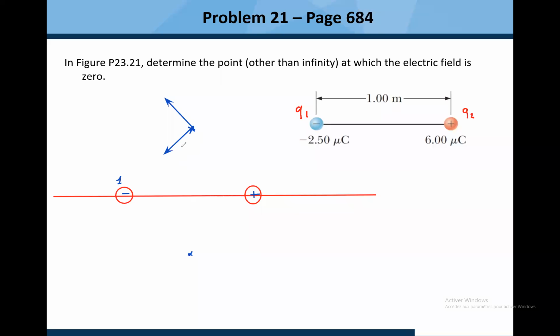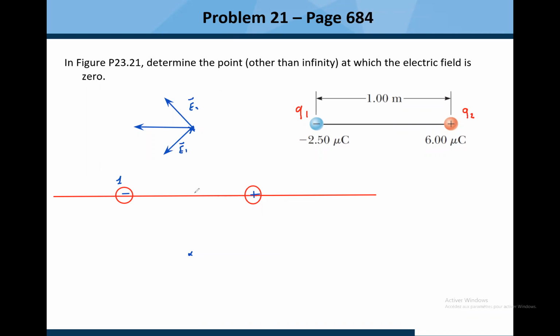So here we have E1 and here we have E2. The resultant field must be in this direction, so it's impossible to be 0. The same for this region, you get a field, so it's impossible to have a 0 field. The only region